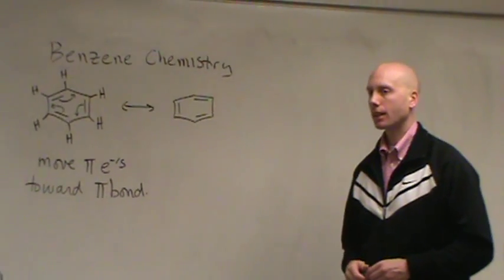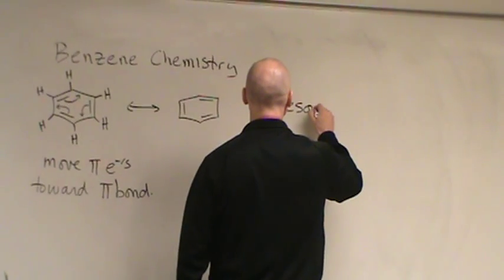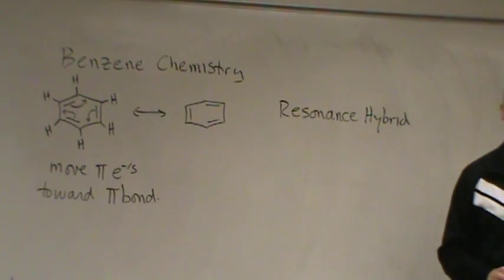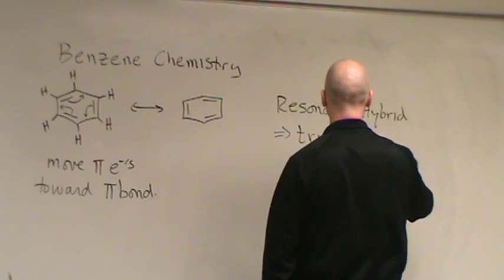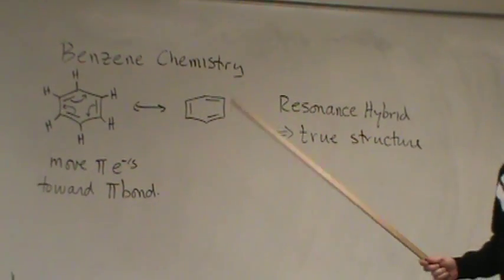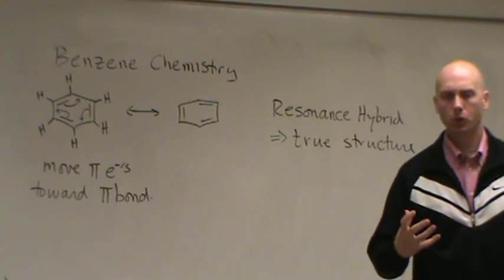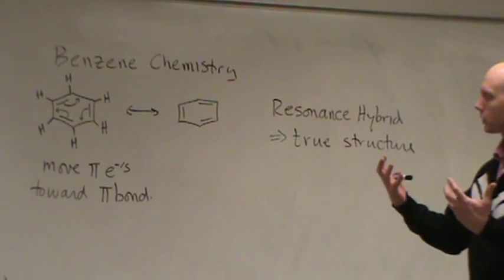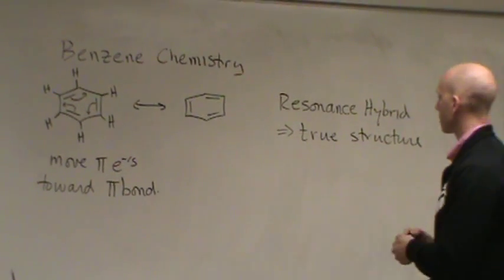One of the things that we also didn't cover when we did resonance theory is something called the resonance hybrid. The resonance hybrid is the true structure of the molecule. Because as we've been covering resonance theory, recall that we have more than one resonance structure. And so you might ask the question, well, which structure do we use? Which is the real structure? Well, the real structure is what's called the resonance hybrid, where it's a hybrid, or a mixture, of these resonance structures. So for benzene, if we were to draw its resonance hybrid,